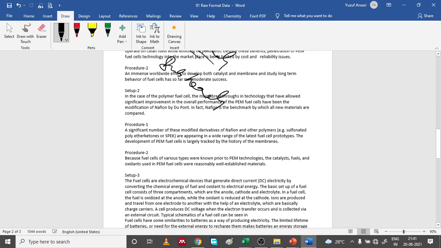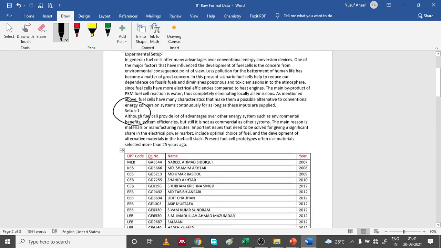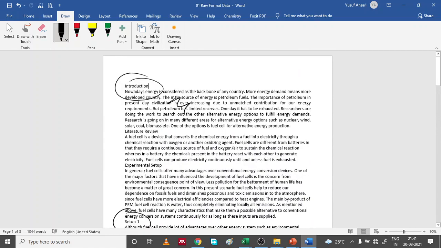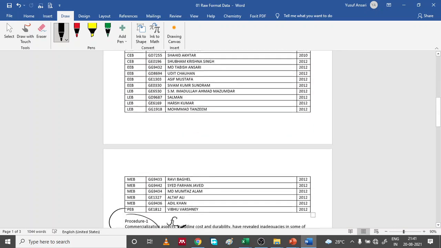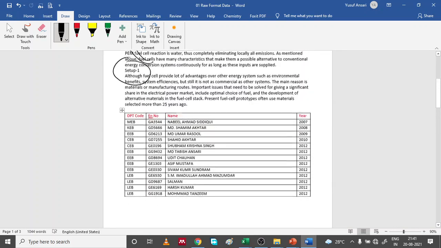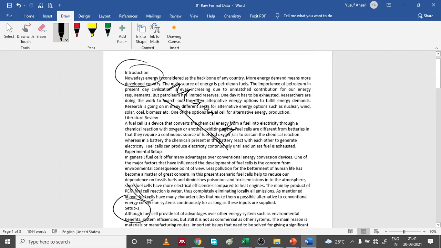In this way you can have the main heading, for example, introduction is a main heading. Under introduction you can say setup, and in the setup there are procedures. So this is a possibility: under introduction there is setup, and in the setup there are procedures. This is the basic factor, basically the heading basis.